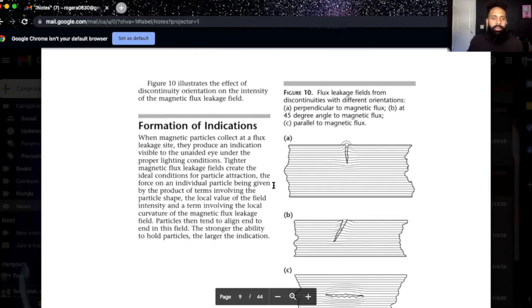Formation of indications. When magnetic particles collect at a flux leakage site, they produce an indication visible to the unaided eye under the proper lighting conditions. Tighter magnetic flux leakage fields create the ideal conditions for particle attraction. The force on an individual particle being given by the product of terms involving the particular